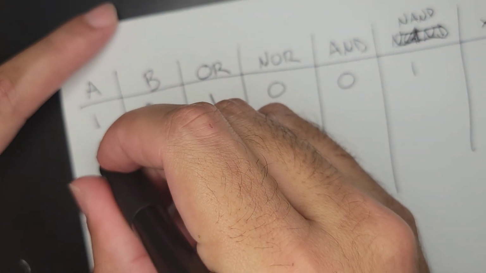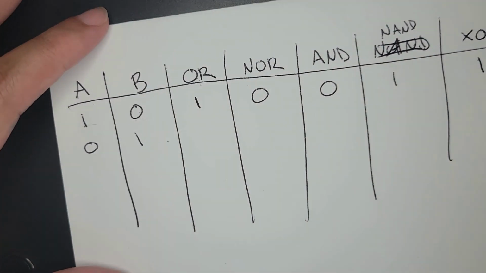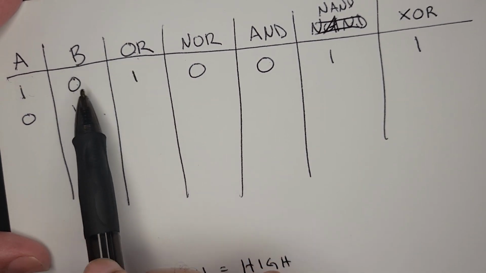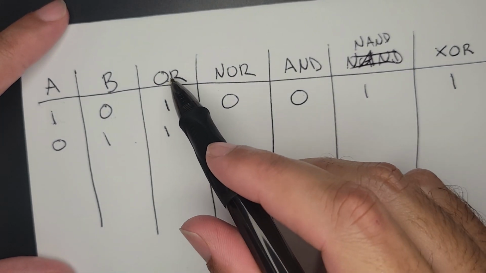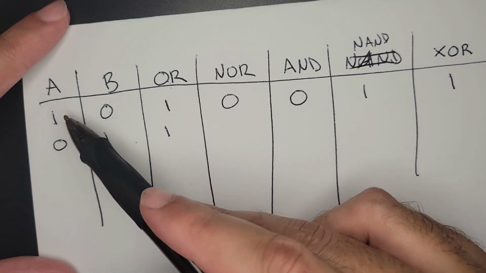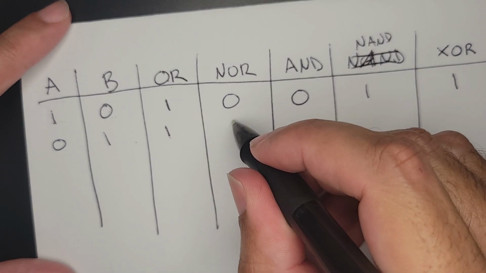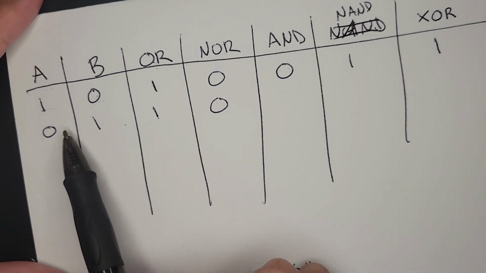Going with another example, let's say we flip these, right? Nothing should change here. Is A or B on? Yes, B is on. NOT OR, so is A or B on? Yes, so this is flipped to no. And is A,